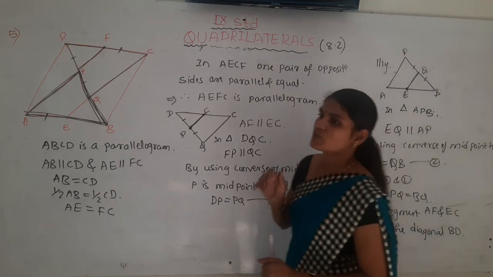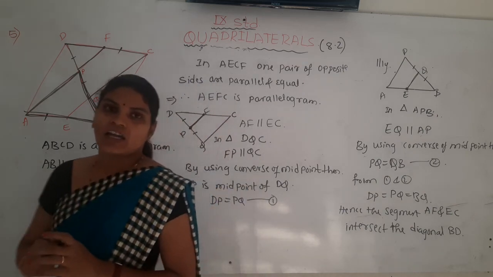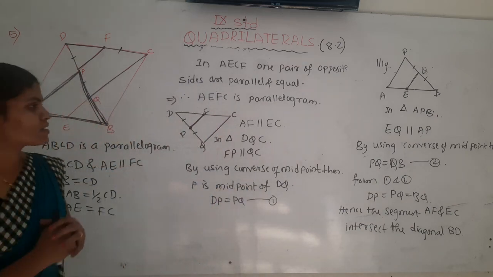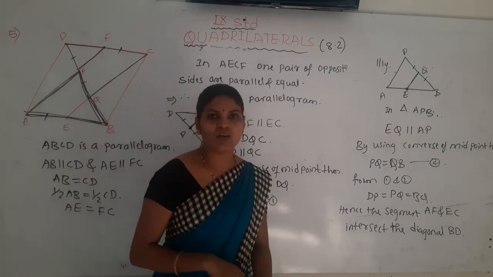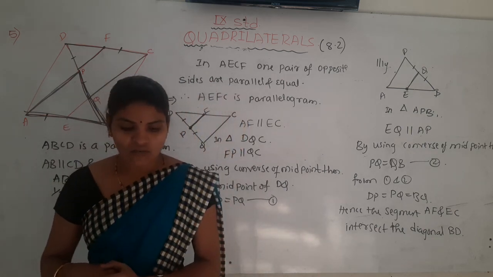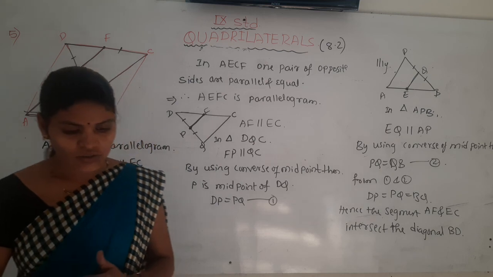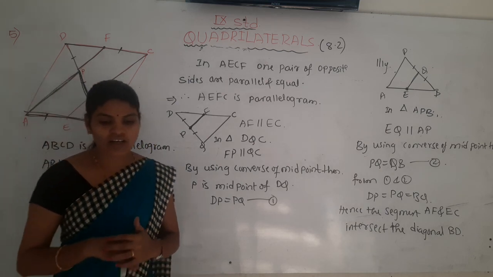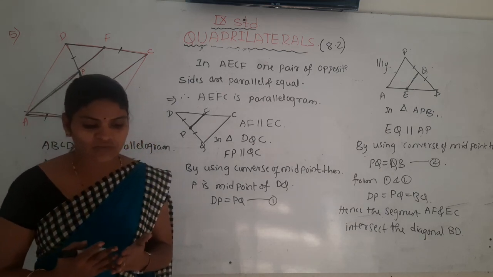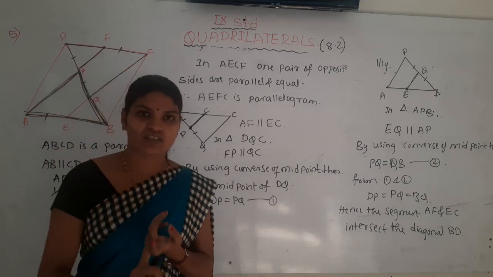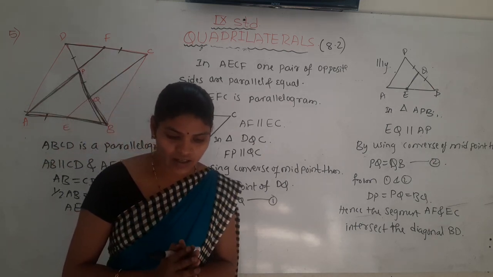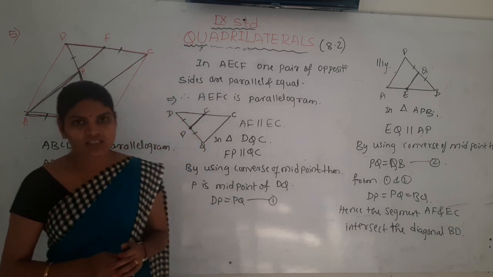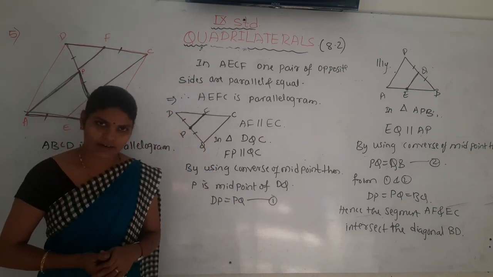This is the fifth question of this 8.2 exercise. Yes. Dear students, here only two questions remain. One is: show that the line segments joining the midpoints of opposite sides of a quadrilateral bisect each other. It is very interesting as well as the easiest thing, you can do that. And the seventh one is also a very easy thing. I hope you can solve that.